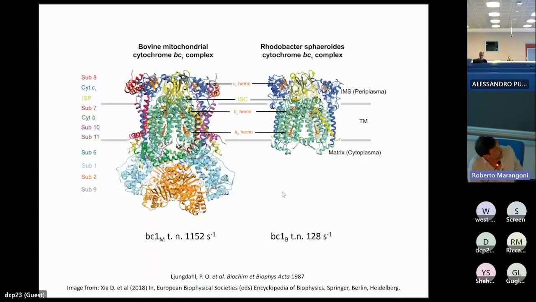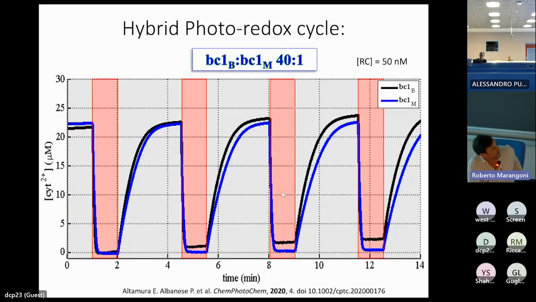So in principle, this was interesting, but we have another idea. We can couple the BC1, not the bacterial one, but the BC1 extracted from mitochondria. The BC1 extracted from mitochondria is much more efficient. So if we couple these two enzymes, we obtain the same performance, but with a concentration